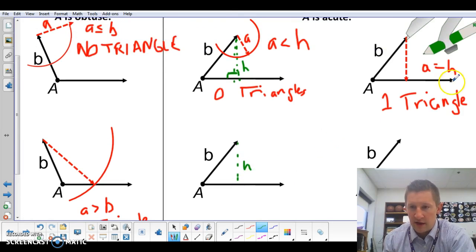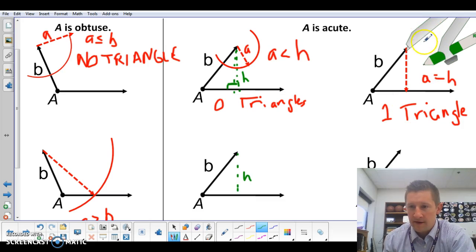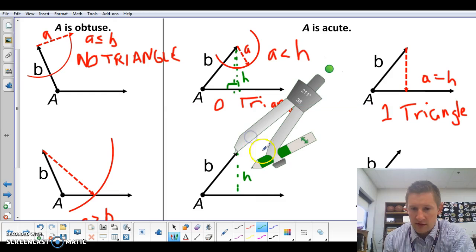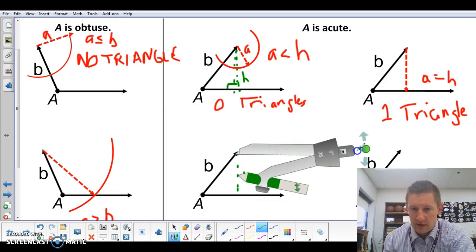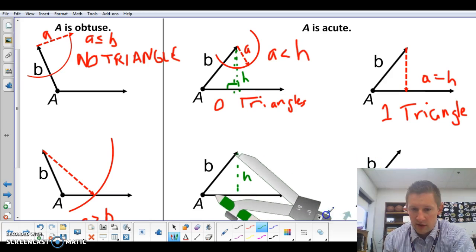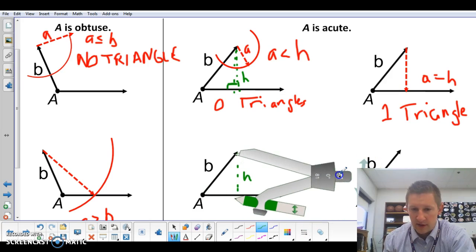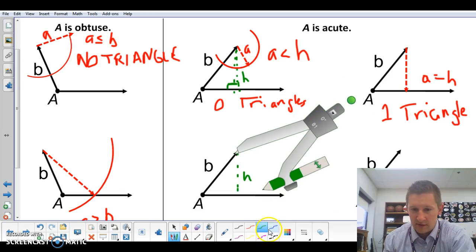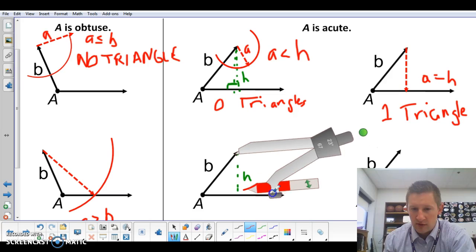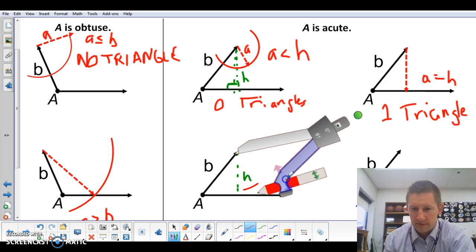Let's say that I grab my compass here. Let's say that A is longer than H, but not quite as long as B. All right, if that's the case, check this out. Use a different color, it's red. That means my angle could reach, oops, not quite that big. So as we draw this, oh, not big enough. Here we go. As I draw this,